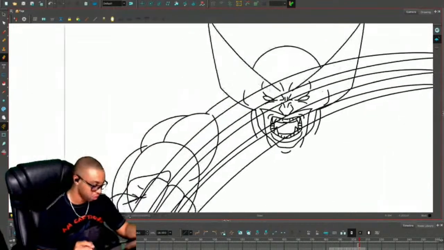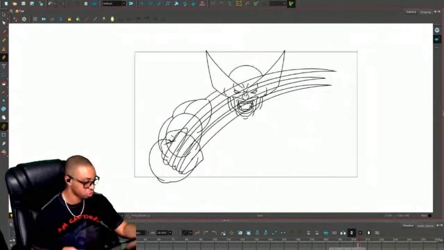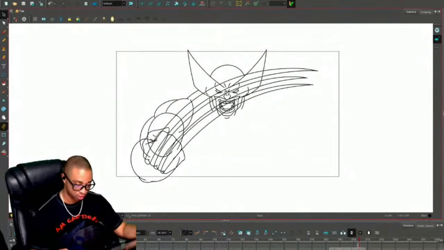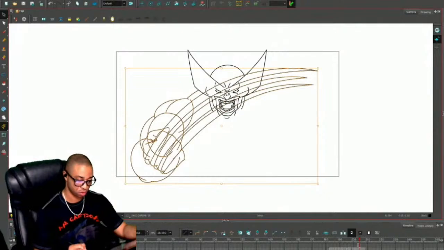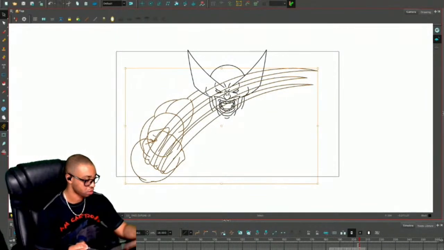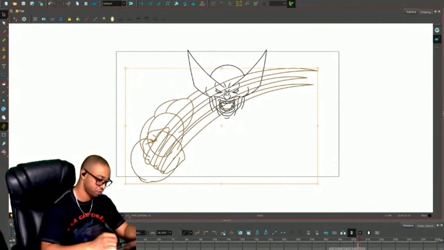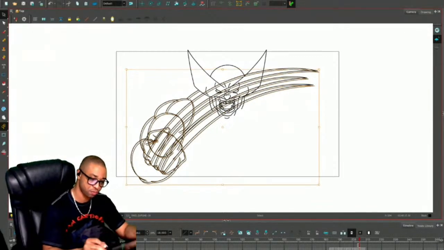All right, I know I'm cleaning up a little bit, but that's because it's such a crucial shot. I really want to make sure I get it right. I did group all this, right? No? Okay. So let me save, select all, group, copy, paste, flip,